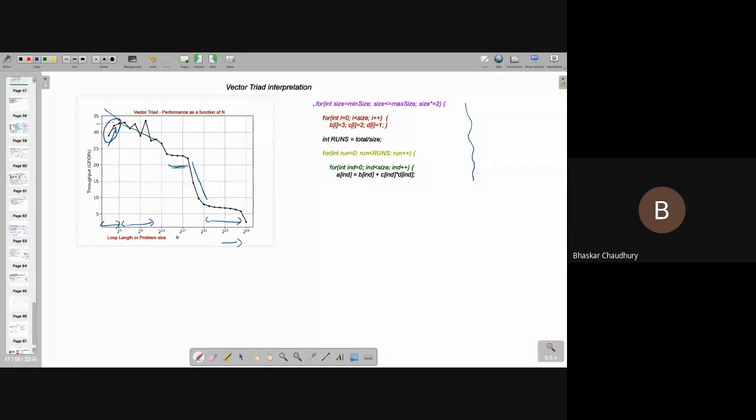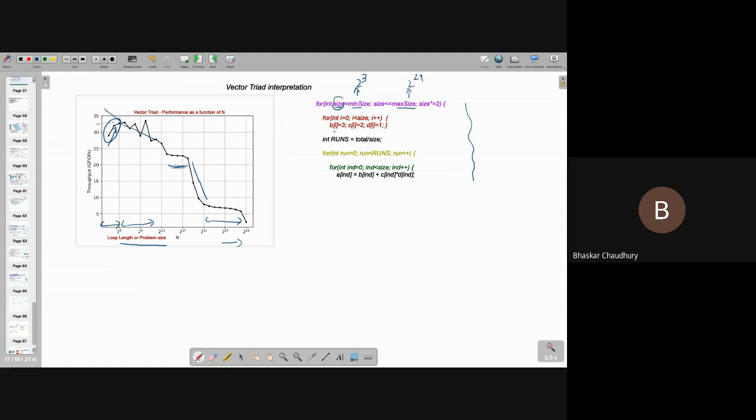What we are doing here: I have three loops. There is an outer loop which is size, and this changes from a minimum size to some maximum size in powers of 2. This violet-colored loop is my loop length, or problem size. It starts from 2 to the power 3 and goes to 2 to the power 29, so that's my maximum size. That's the outer loop. Then, depending on the size at a particular instance of this loop, we define these three variables.